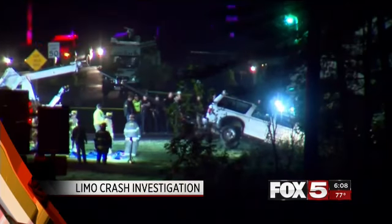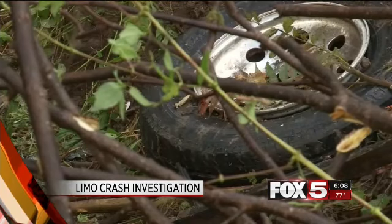20 people died after a limo crashed in New York this past weekend. Investigators say the limousine was not up to code when it crashed. Lawyers for the limousine